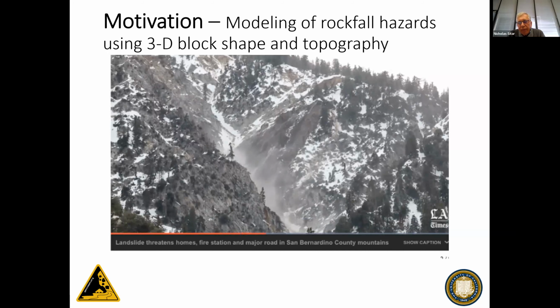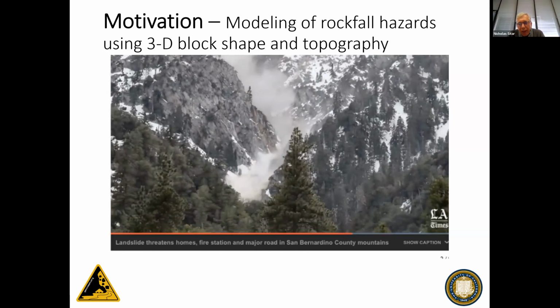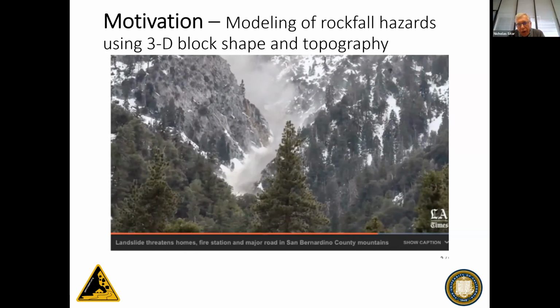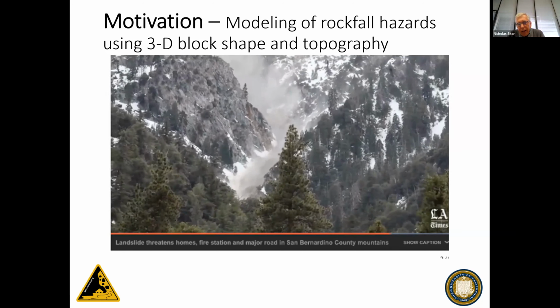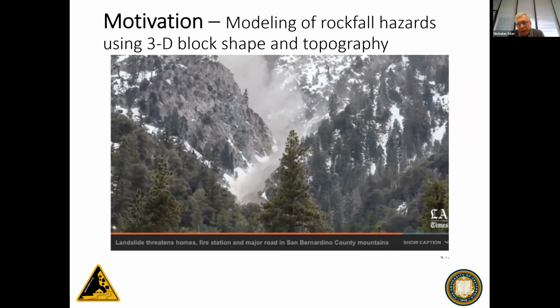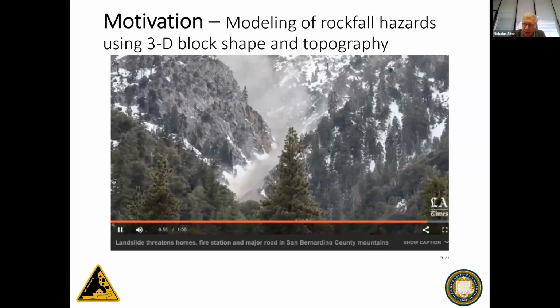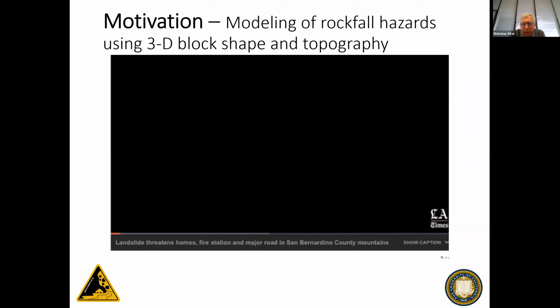These kinds of failures are often modeled as fluid flow, and it certainly looks like fluid flow, but as Ben said, and the previous speaker said, then you have to come up with some parameters that approximate the rockfall as a fluid flow. But as you can see, it's a bunch of individual particles, they're very large, rolling down a channel and interacting with each other. And so the question is, is there something that we could do about this? And so I'll just go to the next.